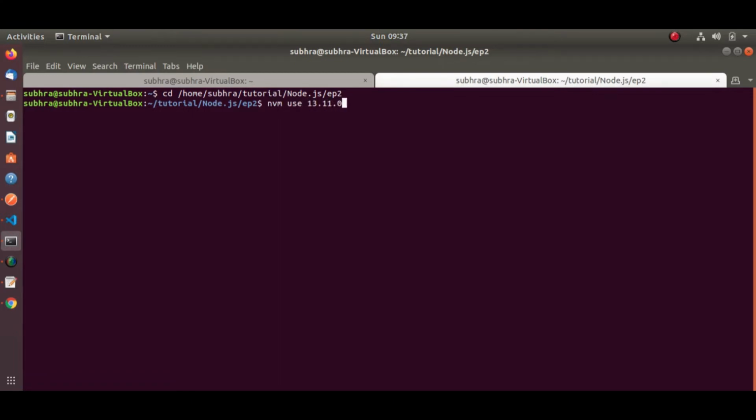Let me first select the node version, as I am using multiple node versions. So let me select one of them. Then let me install the node modules.